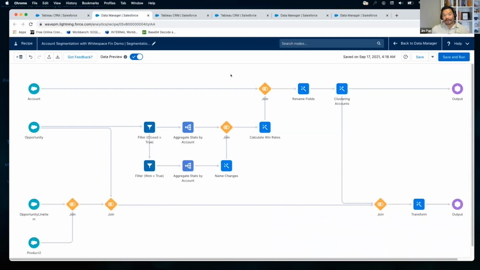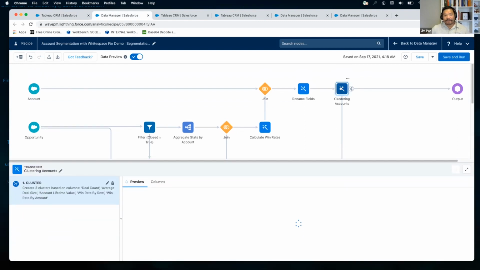So here's a recipe that I have built using accounts, opportunity to line item, and product to, so that the idea here is to use this data that I have to create some sort of stats that I care about, such as win rate, such as maybe account lifetime value, for example, and so on. And then using those stats to be able to cluster the accounts so that I can create new customer account segments. Okay, and the way I would do that is very normally using aggregation, filter, and transforms in order to calculate those stats, and then off we go to the